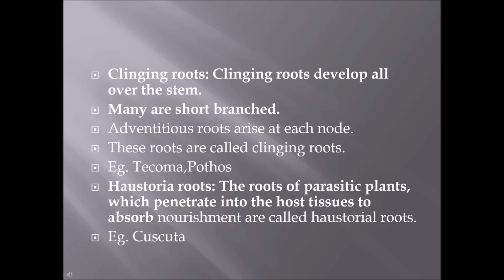So next is Haustoria roots. So these are parasitic plants. So parasitic plants means they depend on the host animal or plant to get nutrition. So they cannot prepare their own food. So they kill another organism and get the nutrients. So they suck up the nutrients of the host plant. So such type of roots, the parasitic plants, will have the Haustoria roots. So what these roots will do is, it will just penetrate into the tree or any big plant, and it will take up the nutrients from the tissue, and in such a way they get the nutrients.